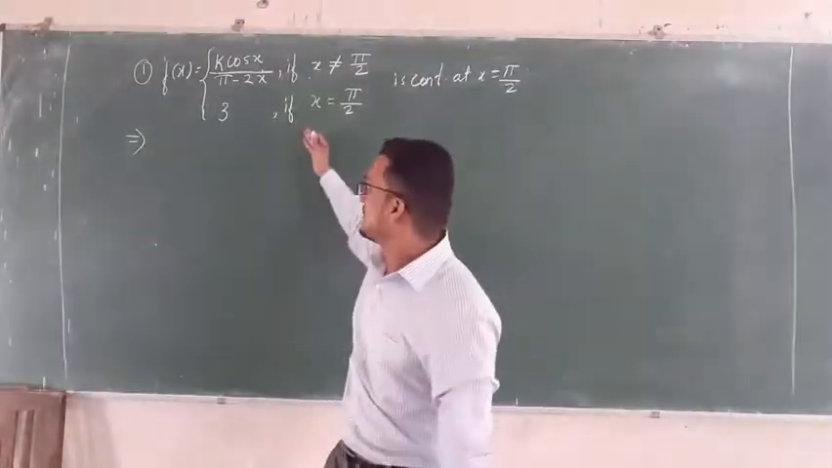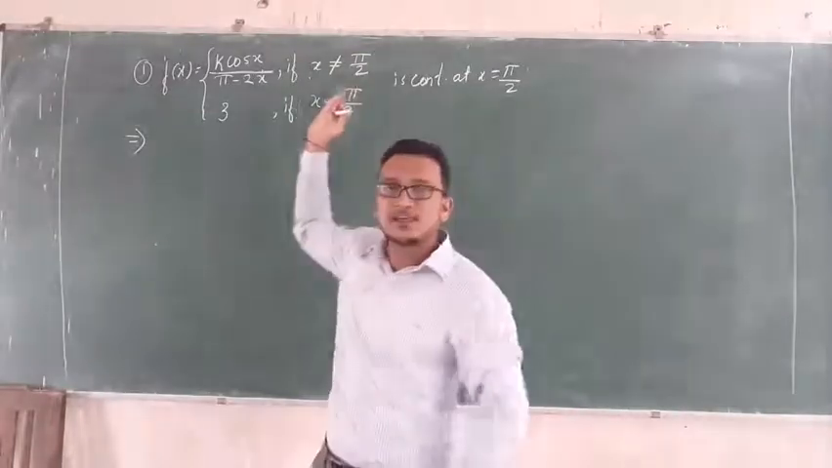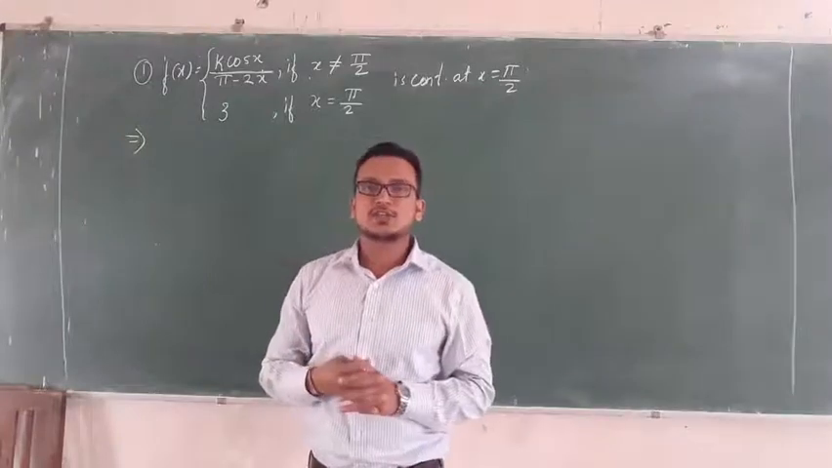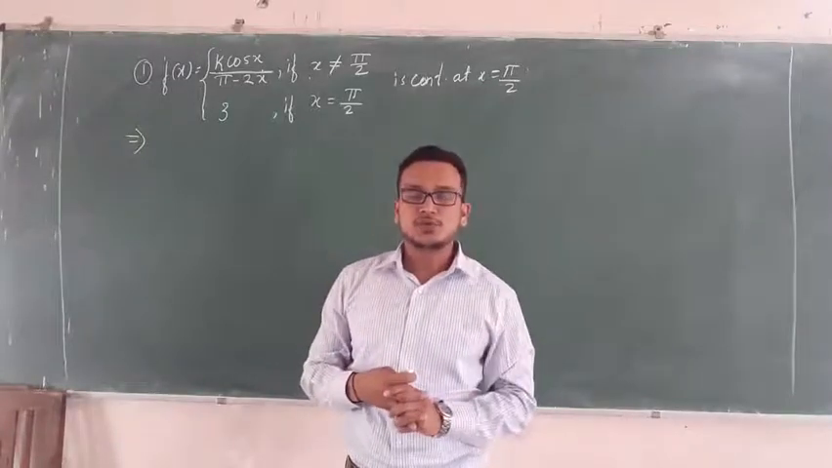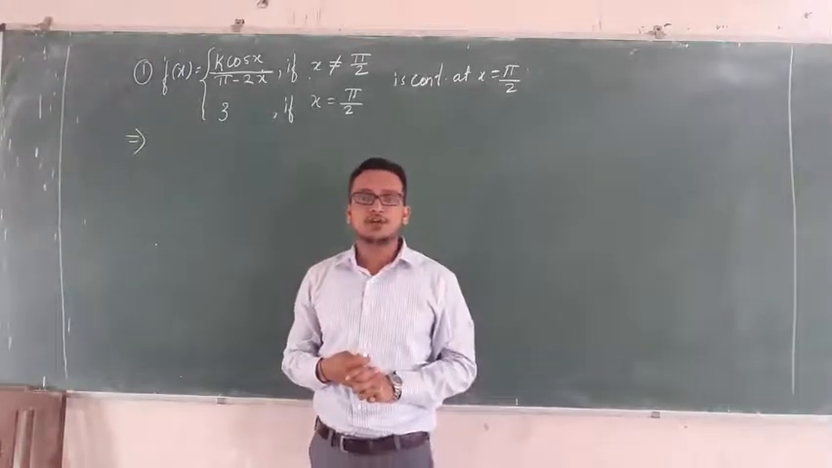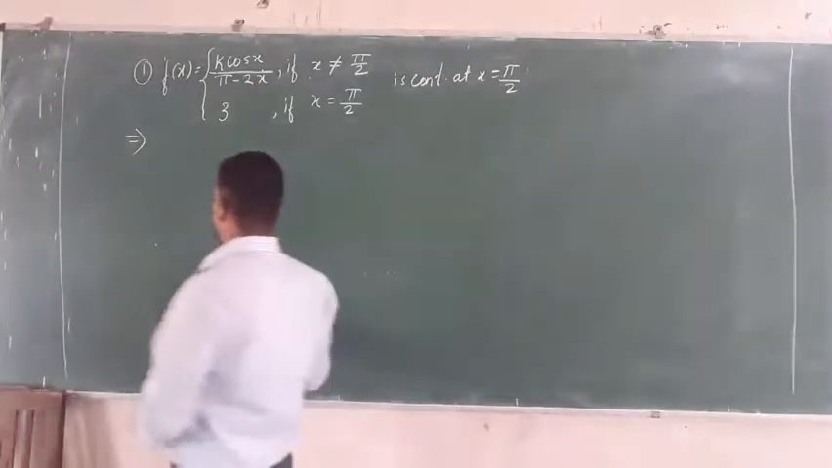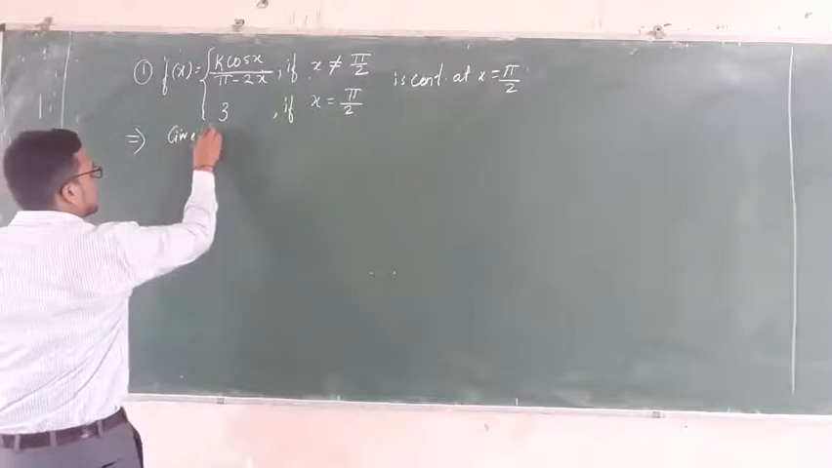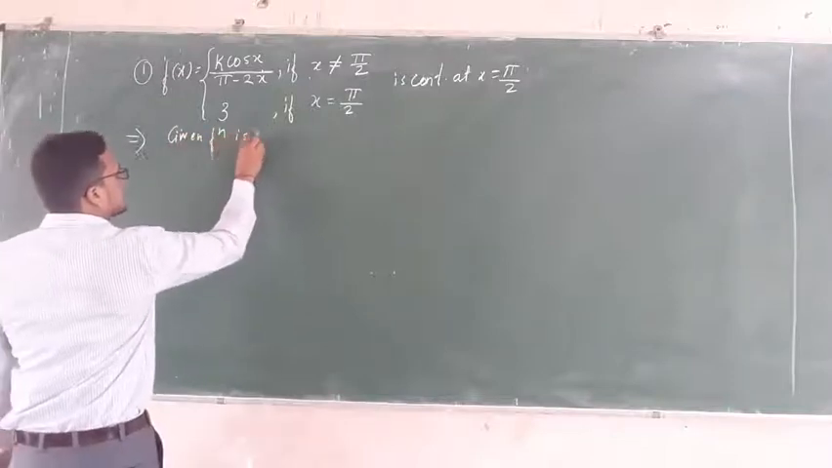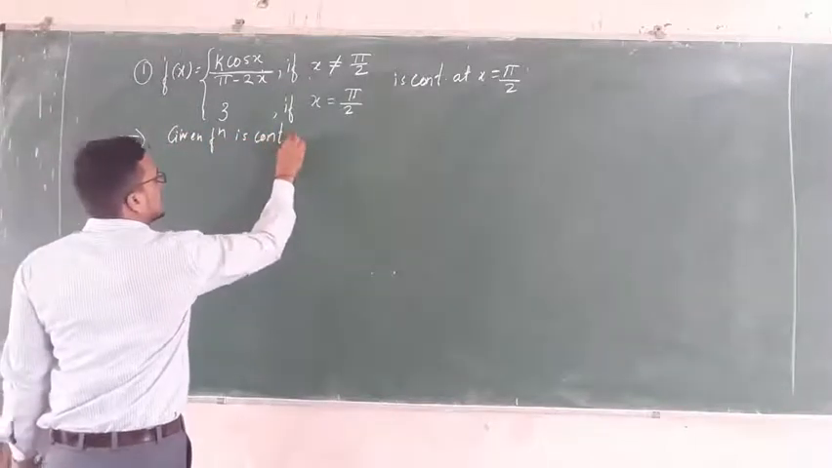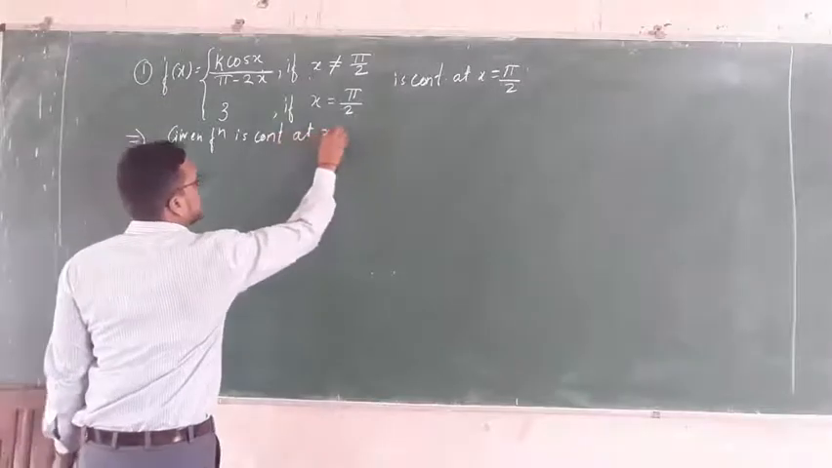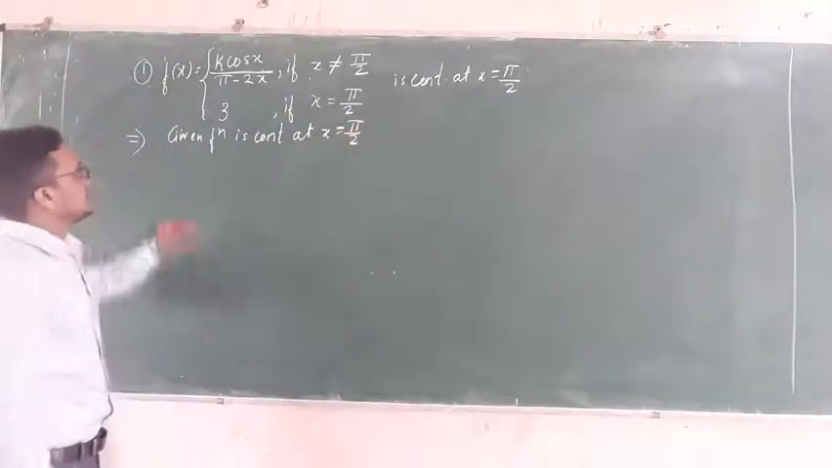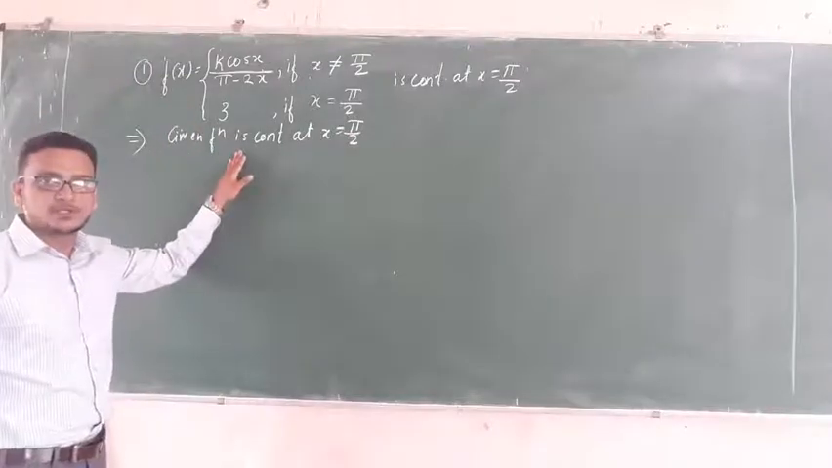If you see this function, we don't have less than and greater than. Therefore, I can't use the second definition of continuity. I have to use the first definition of continuity. So what should I write? Given function is continuous at x is equal to pi by 2. So given function is continuous at pi by 2. Therefore,